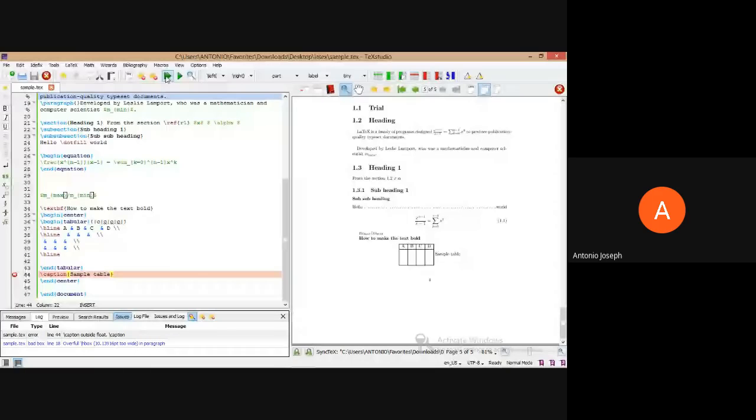Some error is coming: caption outside float.